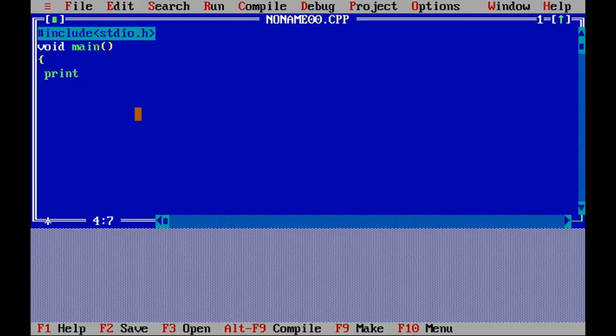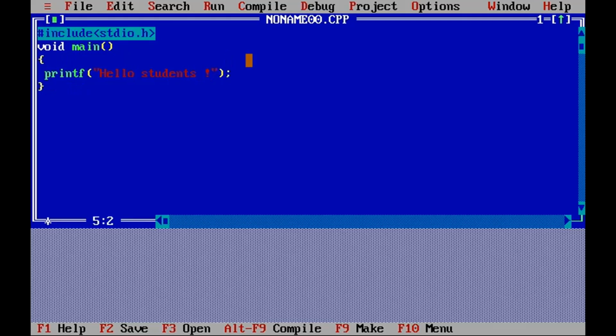I will display just a simple text, Hello students. This text I want to display as an output, so I will put it into double quotes in the printf function. And now let us end the program. So this is a single line program I have typed as a C program.